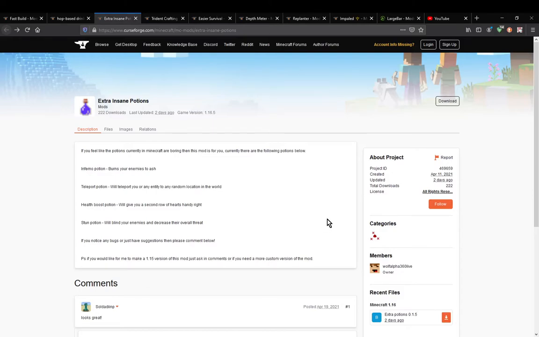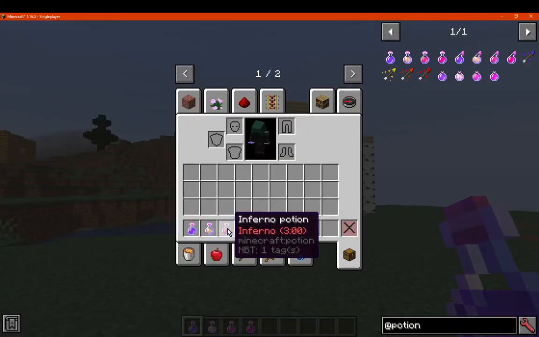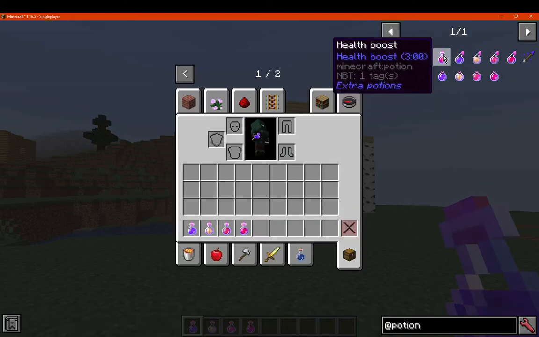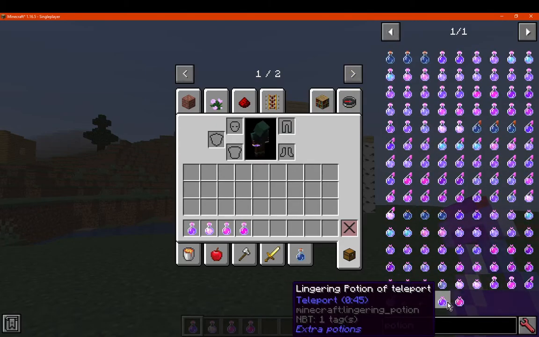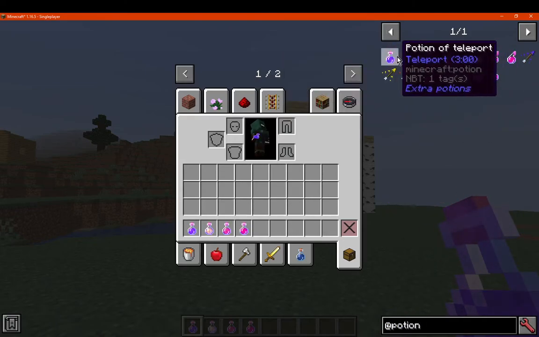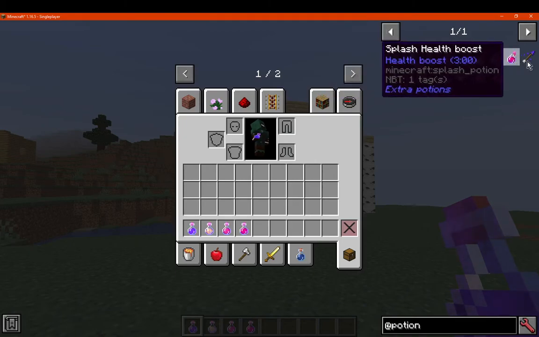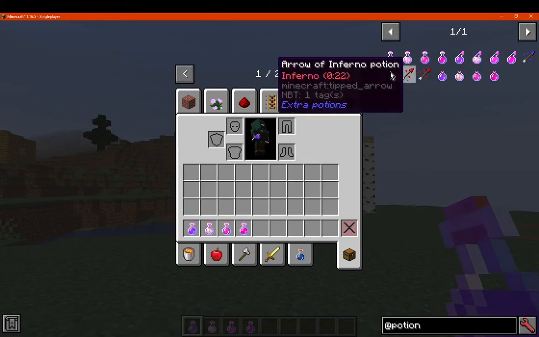A mod that simply adds in 4 new potions. So, what we've got access to is Teleport, Stun, Inferno, and Health Boost. And you can easily tell these by their names, just potion of all the time. But you'll see them mostly at the bottom here, or it's easiest to search that way. Obviously there's the typical one you can drink by hand. There's the one that you can throw, and obviously there's lingering as well as another option, and obviously the arrows